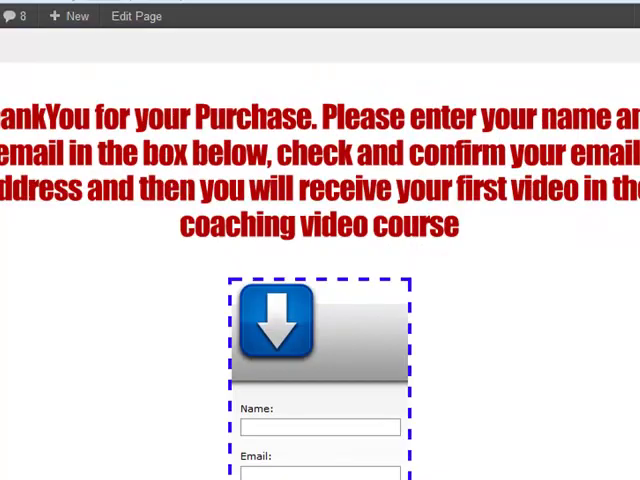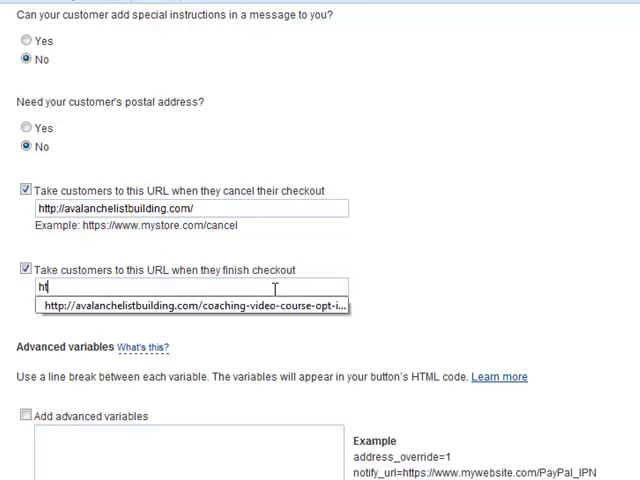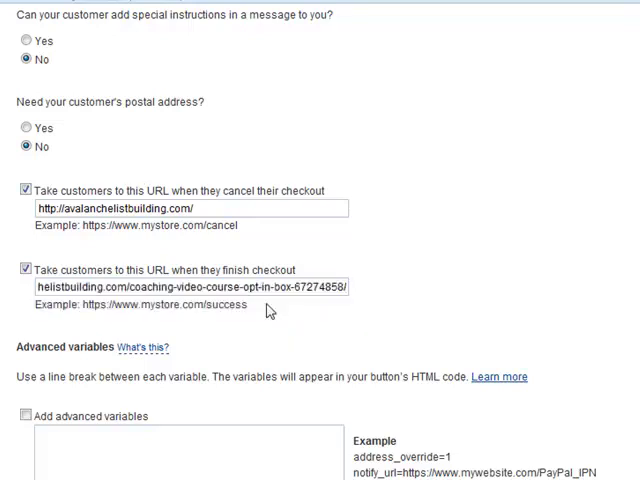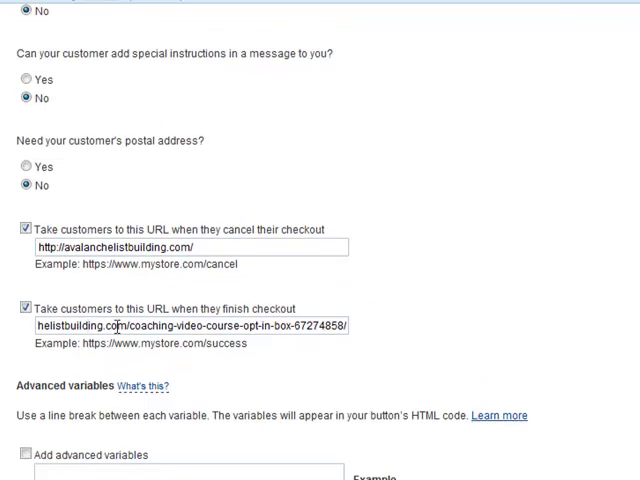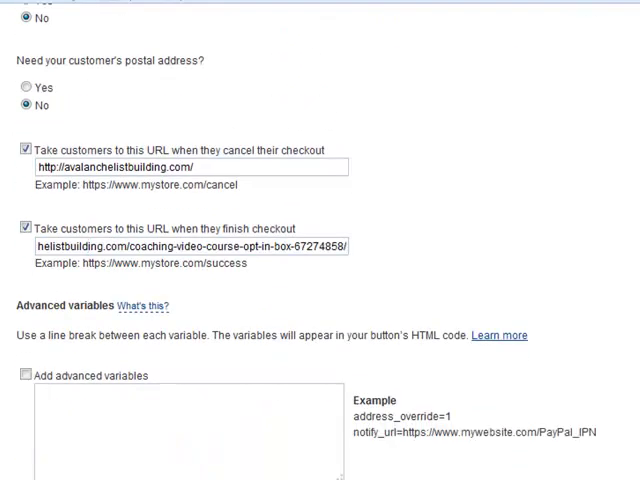So that is how you create a button for PayPal. So if we just put another link in here, just any old link on there. So if they cancel their checkout, they go back to my sales page. If they buy my product, they go through to the download page. Okay, this is just an example. These aren't the actual links that I would use for this product. So that's done, and then all we do is create button,